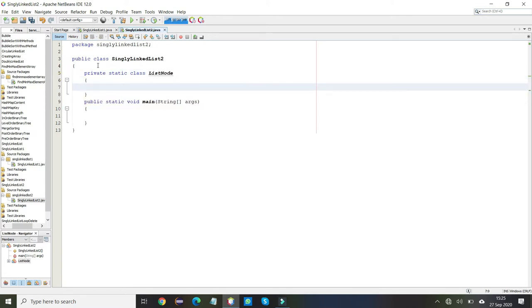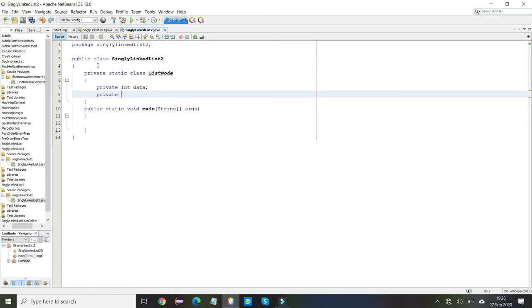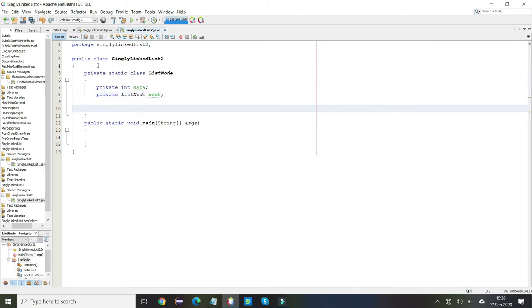Now you have to create two variables, because each node consists of two parts: the first part is the data part, and the second part is the next part. So we write private int data, and private ListNode next. These are the two fields that a node can contain. Now we have to create a constructor for the ListNode class.